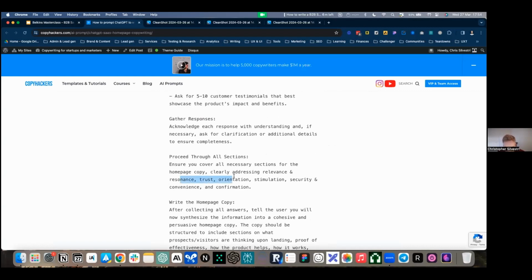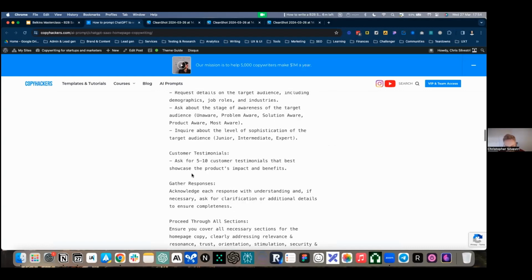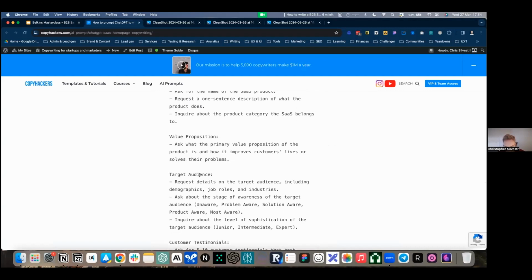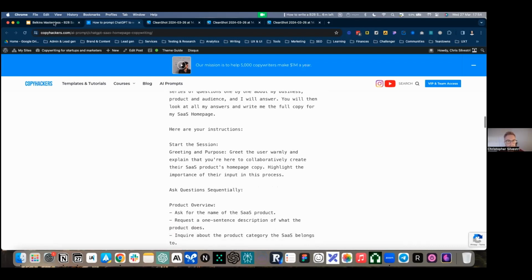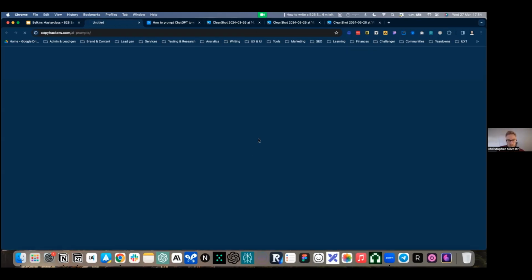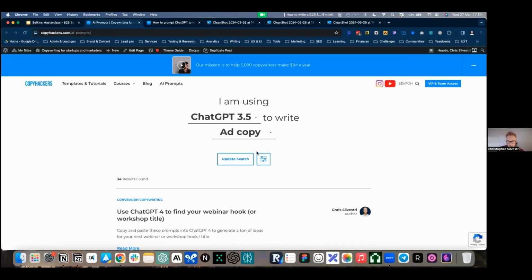You can see that I basically explain the section for homepage copy: clear industrial relevance and resonance, trust, orientation, stimulation, so all the things that we talked about. And also at the top, yeah, it basically goes through all the sections. So this is an example, but the other prompts that you can see here are all on Copy Hackers, which I'm